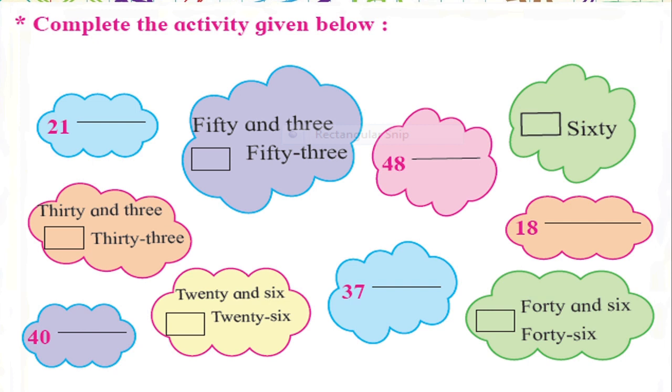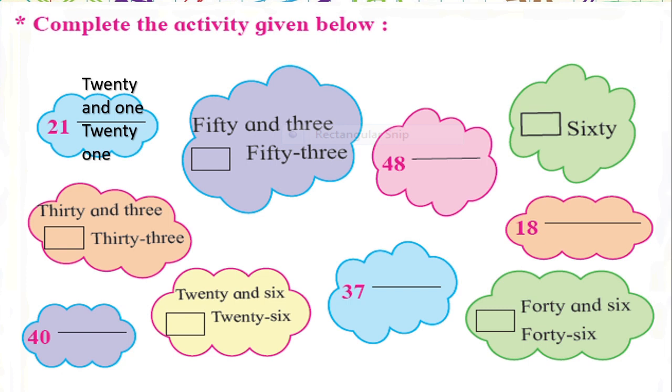Complete the activity given below. Yes, dear children, here we are going to do some activities. Okay, first number is given in numeral, right? And in the second cloud we can see the number in word and we have to write the numeral. Okay, whatever is necessary we will write here. First one, 20 and 1, 21, isn't it? Okay, here in the second cloud words are given, that is number name is given,